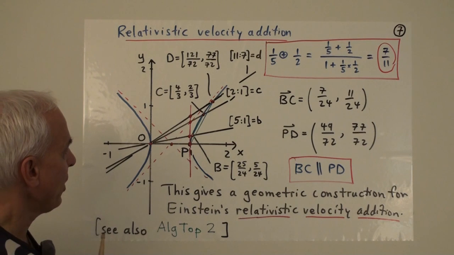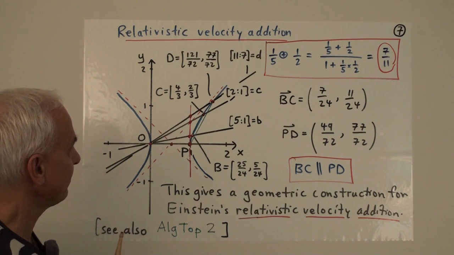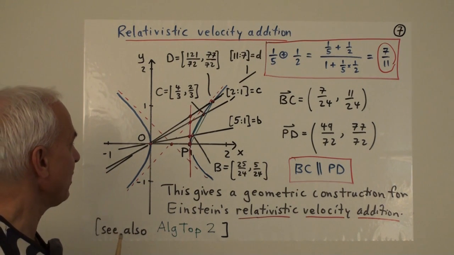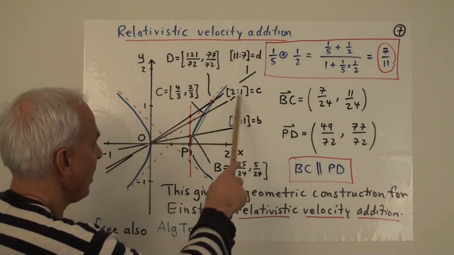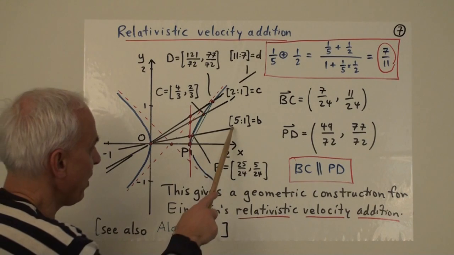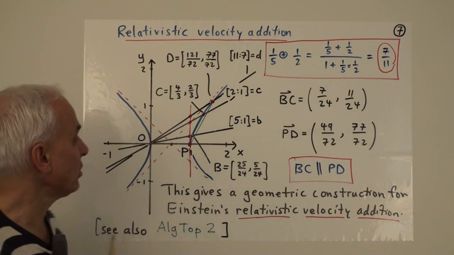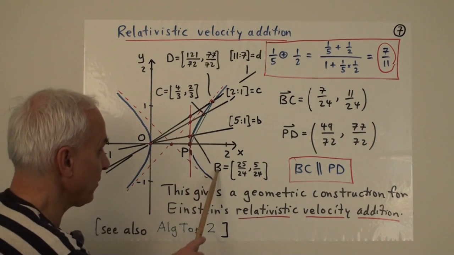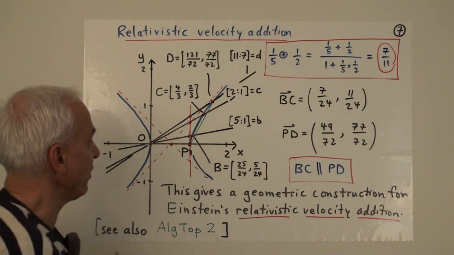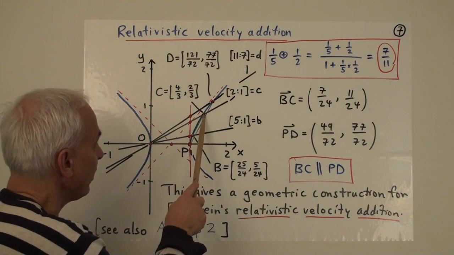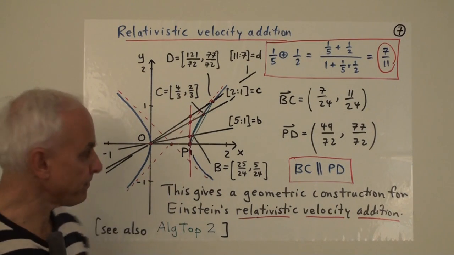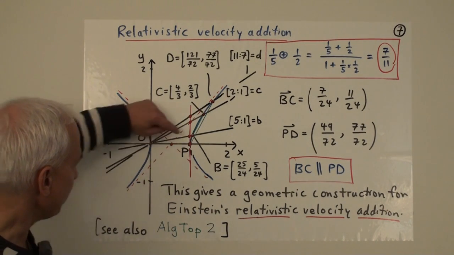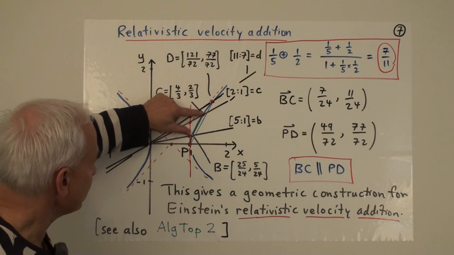Okay, so what's going on here? Well, it turns out that something's interesting. So first of all, let's call this line B and this line C, and the corresponding points on the core circle are capital B, which is 25 over 24, 5 over 24, and the corresponding point here is capital C, which is 4/3, 2/3. Okay, there's the point B, there's the point C.